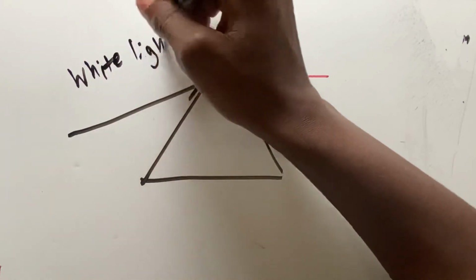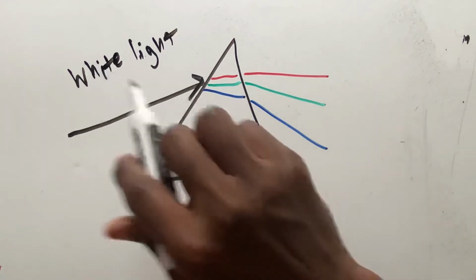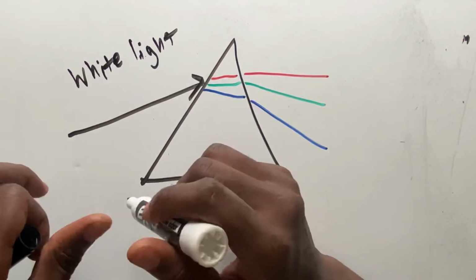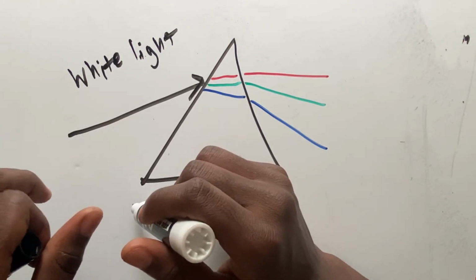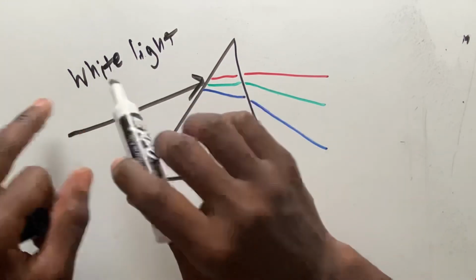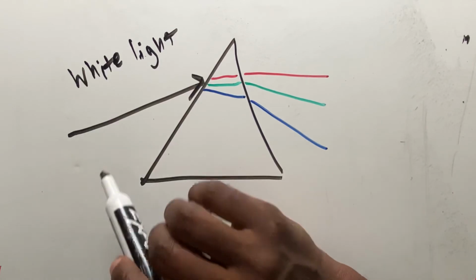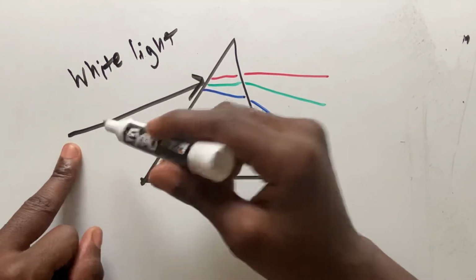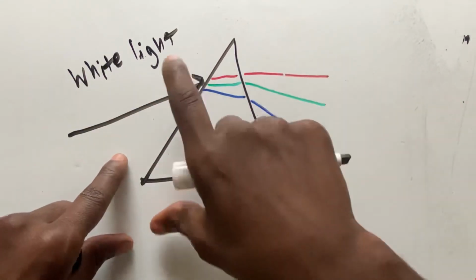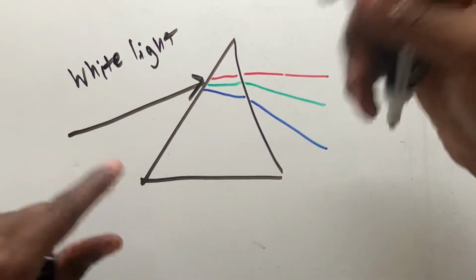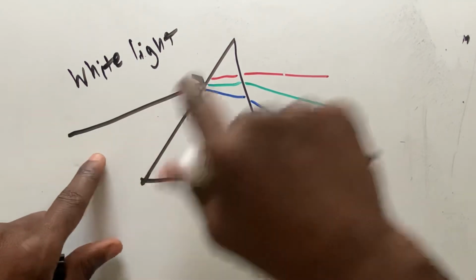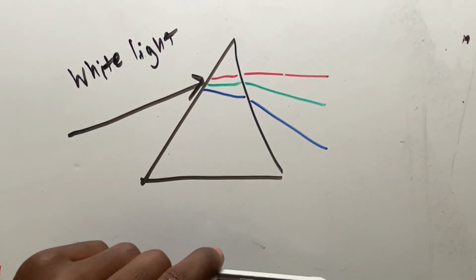Well, white light basically just means it's a combination of the whole color spectrum. So this is red, blue, green, purple, yellow, all of those colors are inside of this white light. So once this white light, which is a mixture of all those colors, goes through this prism, which is a different medium, this prism could be diamond or whatever it is, it's going to cause the light to slow down, right? So once the light gets inside of here, it slows down.